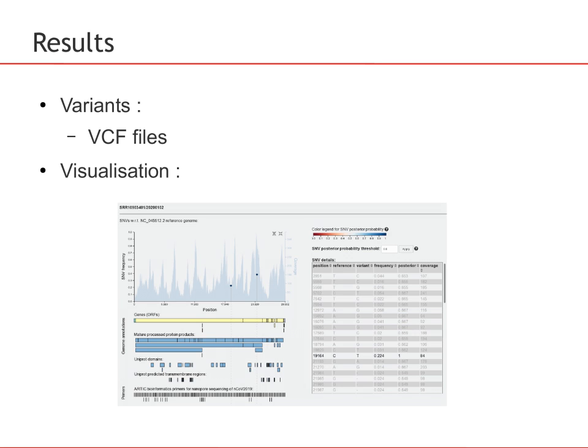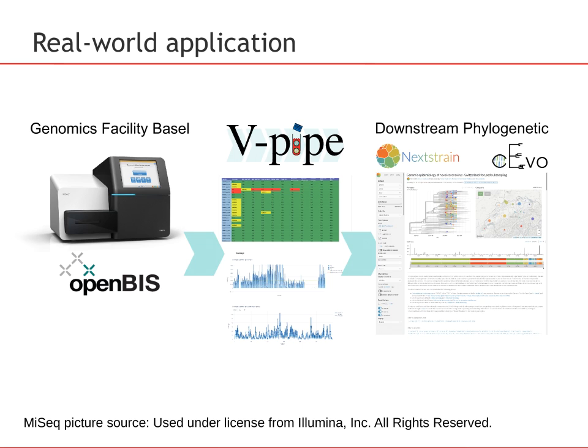Another new addition is an interactive visualization report which helps people look at the various SNVs, look at how they map on the known annotated regions of the genome or other interesting regions such as, for example, primers, and can be filtered by quality level. One of the current applications of V-Pipe is using it to help automate the sequencing of